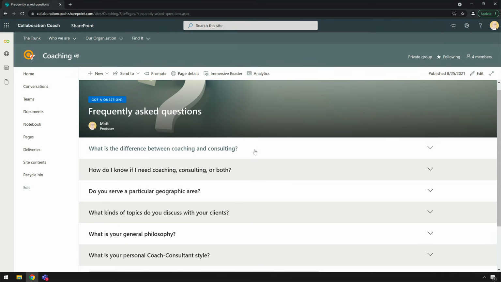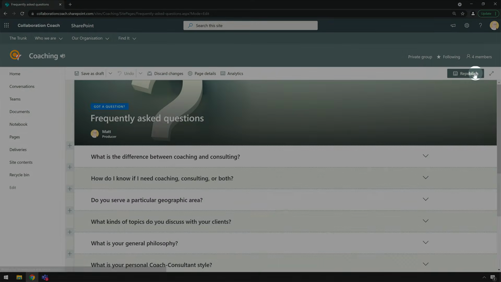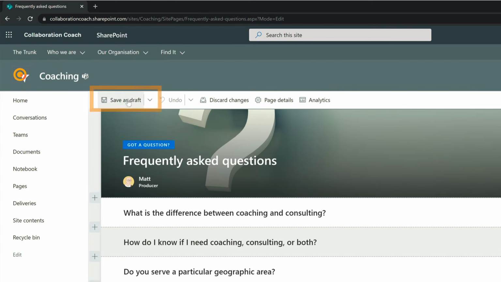Now the second tip for you is to save this page as a template. So if I go to the edit button again, you'll see where it says save as draft. If I drop the menu down to the right of that, I can save this as a template. So if you ever want to make any other FAQ pages, you can use the template and it will have all the formatting that you've already created in there. So it's great for yourself if you just want to replicate what you've done, but also other people can use the work you've done as well.